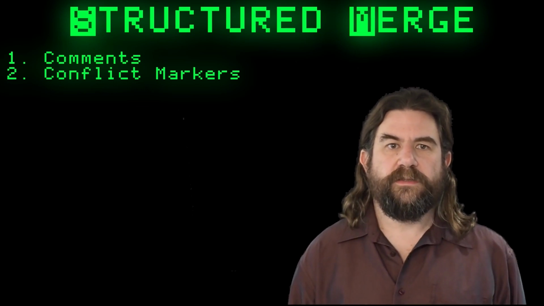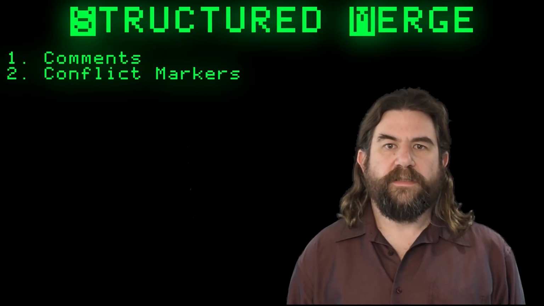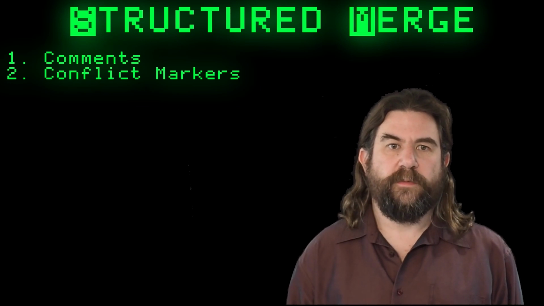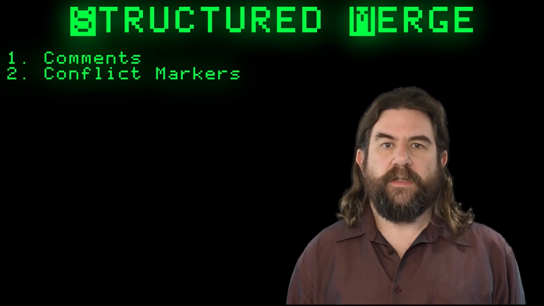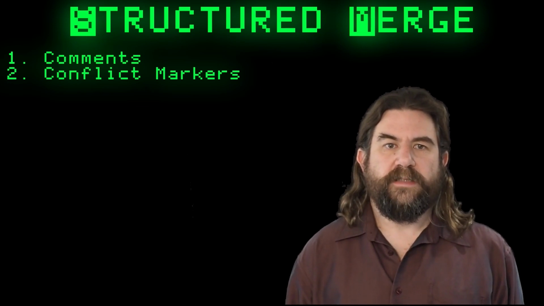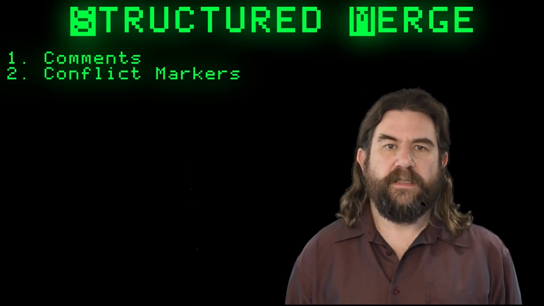In conventional merges, it's marked with some special lines. The merge program doesn't even bother to make these look like program code. After all, the program syntax is almost certainly broken anyway. A structured merge has to emit parsable code, so conflict markers have to be inserted as a syntax tree node, such as a comment, and other parts of the tree may have to be patched up to maintain the correct structure.